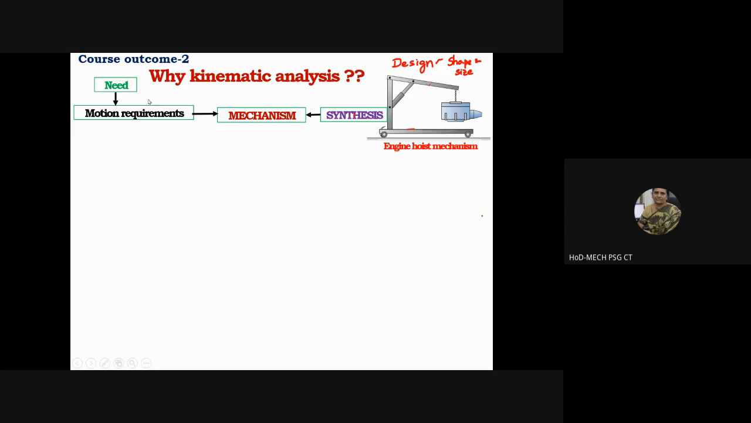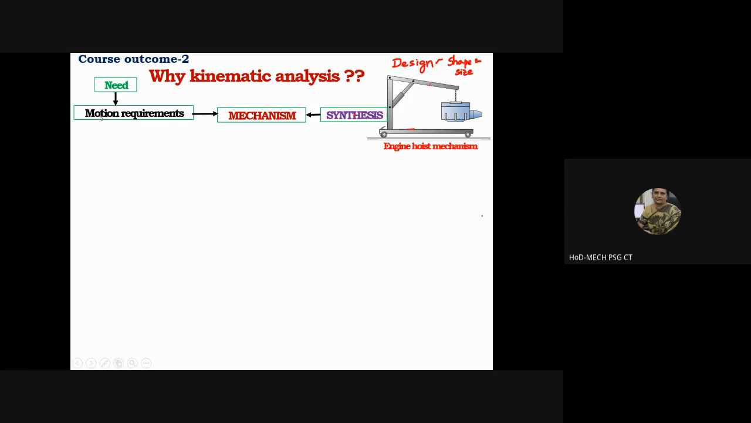So that is a motion requirement, displacement requirement. So based on such requirements, you carry out the synthesis. Normally when you carry out synthesis, you must have learnt about Freudenstein's method of synthesis, then the relative inversion method, 4 bar function generation, and so on. So in all of those cases,